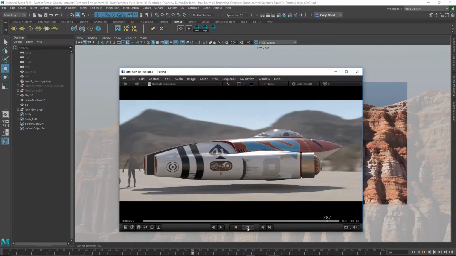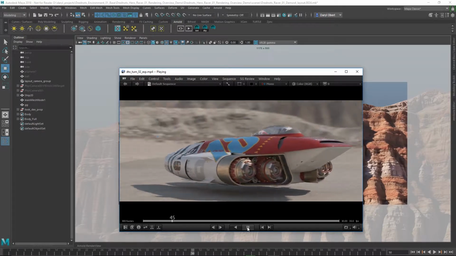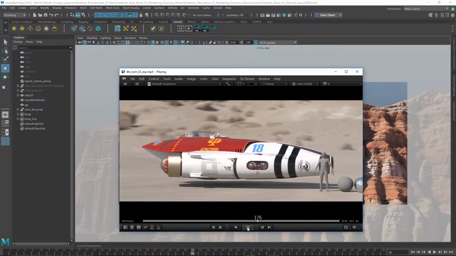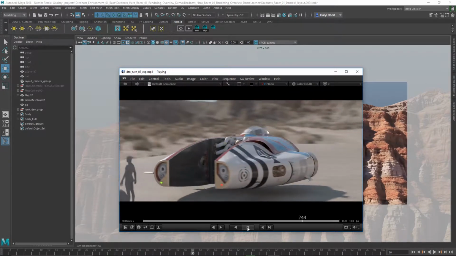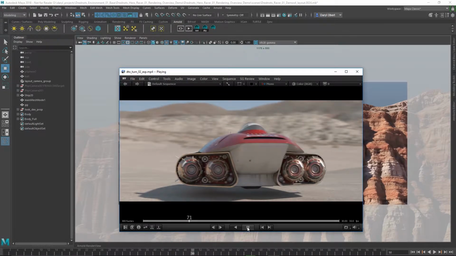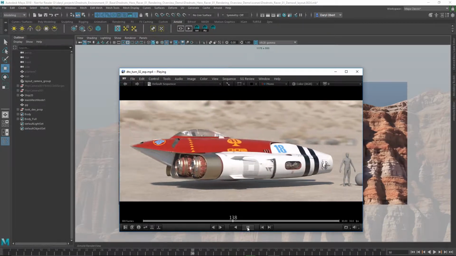The shaders on the surface of the ship are using the new AI standard surface shader that ships with Arnold 5, and this is an awesome shader. It's really a Swiss Army knife of a shader. It's got a few advantages. It's super fast, it's very efficient. It also has the ability to accurately represent many different types of materials, as you can see on the surfaces